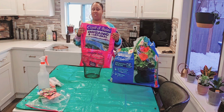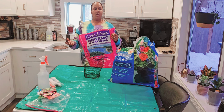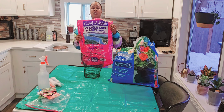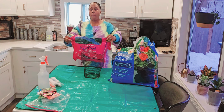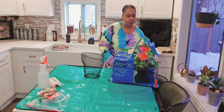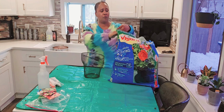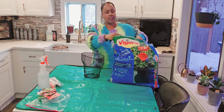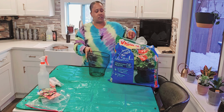I do like this potting mix. It was loose. It wasn't woody or anything like that, and it was great for seed starting. But I am out of this, and I'm not going to waste this. So what you can do if you get potting mix like this, because it can sometimes mess with your seeds,